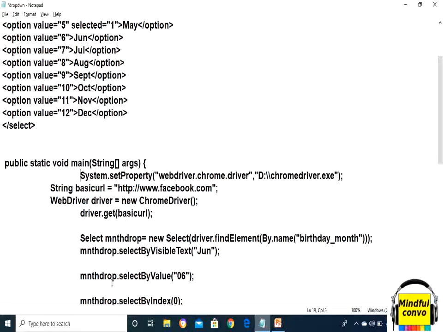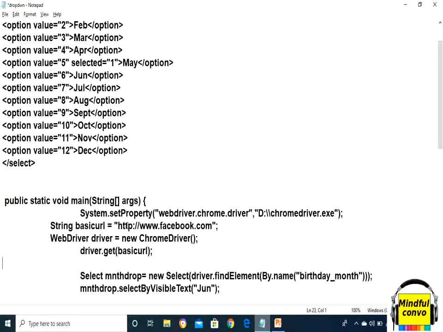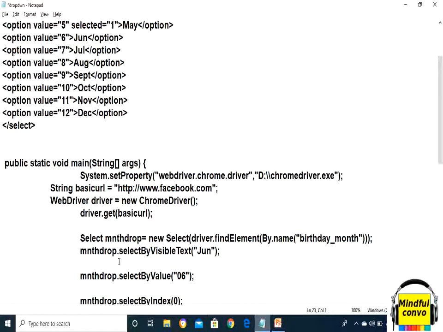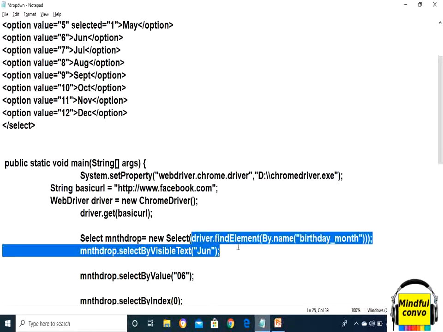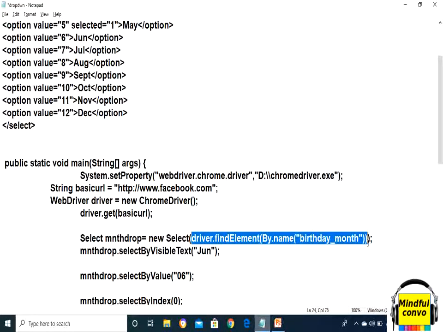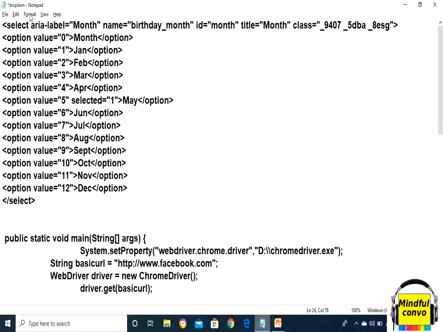After navigating by using driver.get and the URL, we use the Select class in order to select the value from the drop down. So we write Select, let's say we name the variable monthDrop, equals new Select, then we give the XPath for the drop down.